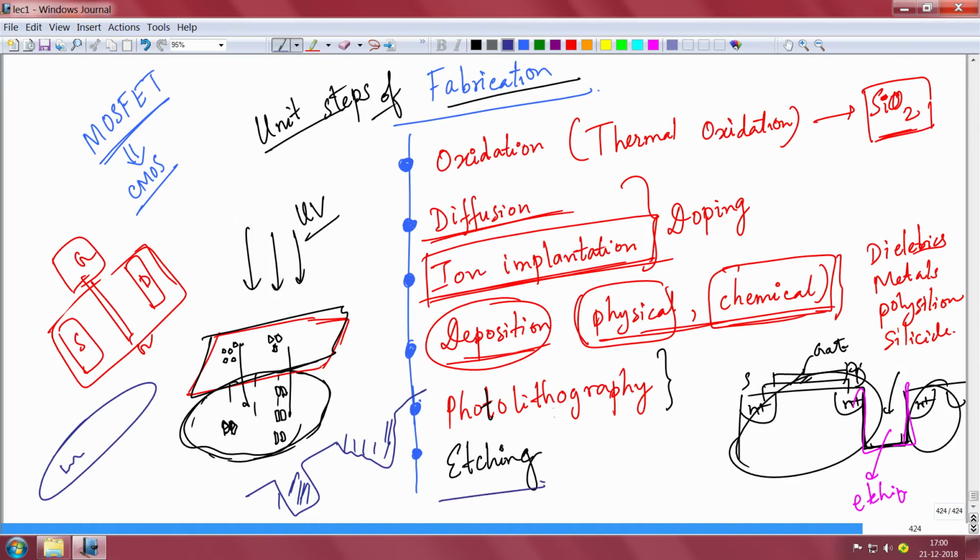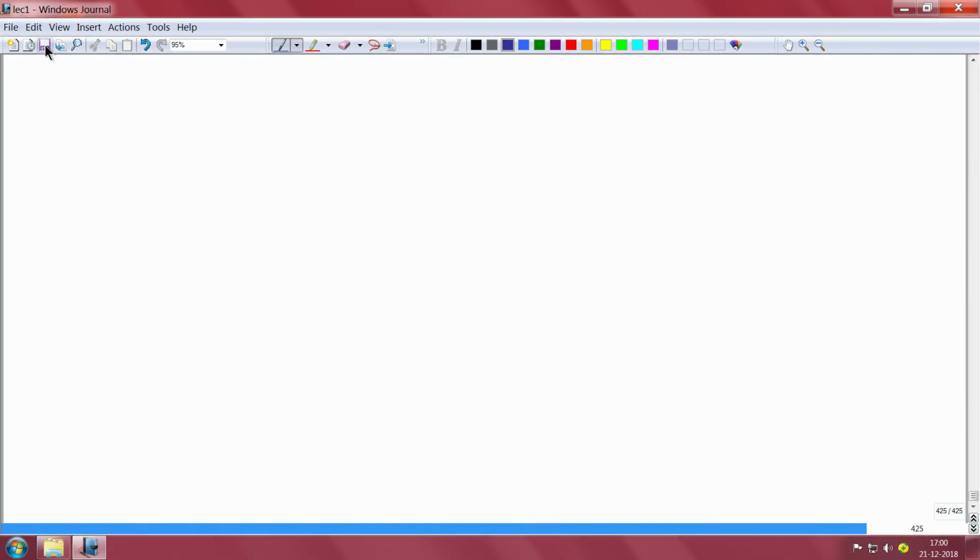This is called etching. So: oxidation, thermal oxidation, diffusion, ion implantation, deposition, photolithography, etching. These are steps, and each of them has many subgroups and categories, like deposition has LPCVD, PECVD, MOCVD, so many things, right. These are unit steps of fabrication, and you use these steps to make devices, and this is particularly in the context of silicon devices that I am talking about. So we will quickly run through all of this very briefly as to what each is about, without spending so much time. We should just be aware.